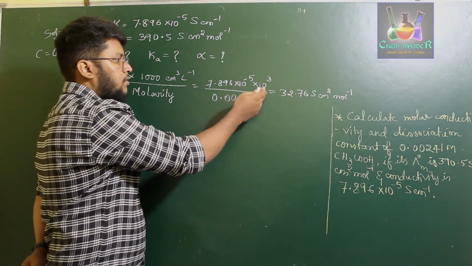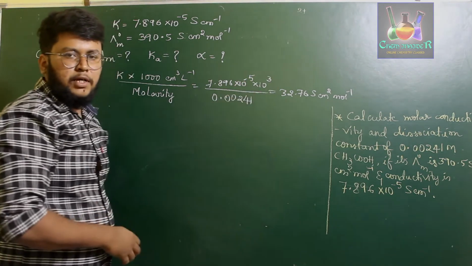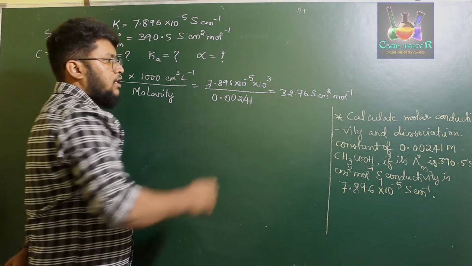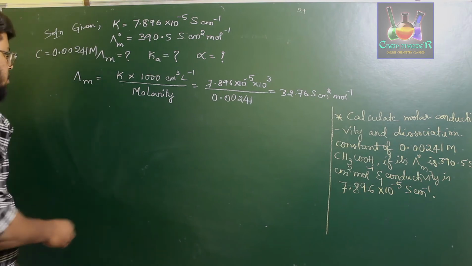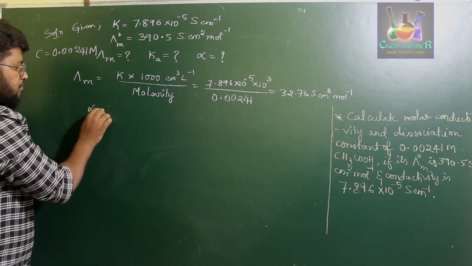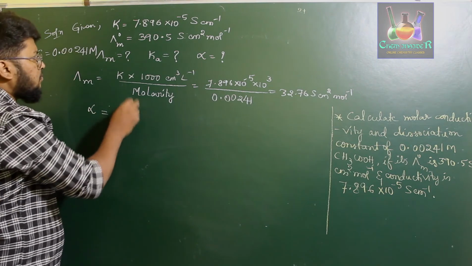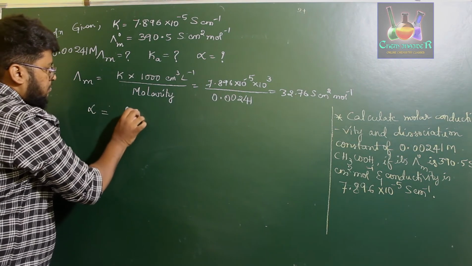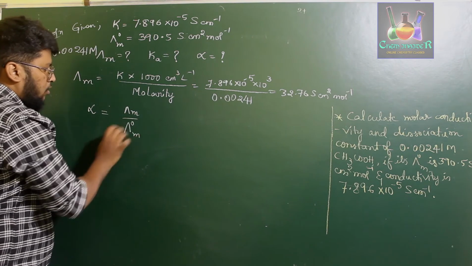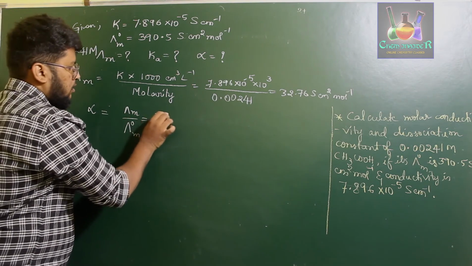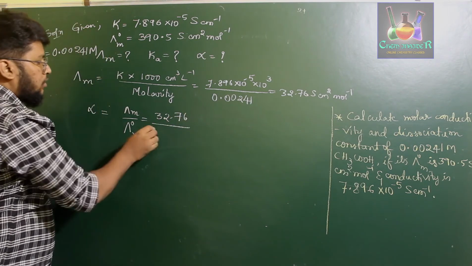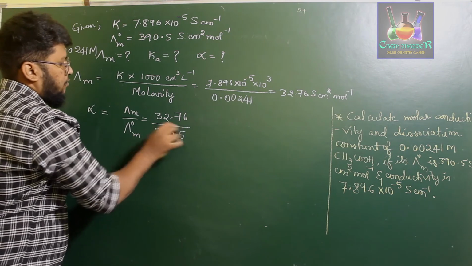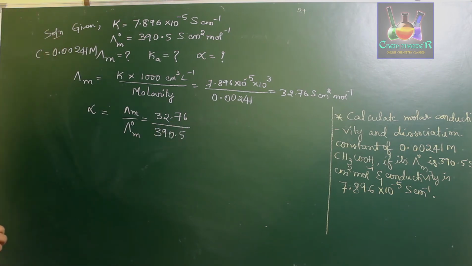So 10 power minus 5 and 10 power minus 3 and 2 becomes minus 5, which get cancelled. So the answer will be 35.76 Siemens centimeter square per mole. Next, we need to calculate the value of alpha. So alpha is equal to lambda m divided by lambda m naught, which is equal to 32.76 divided by lambda m naught, which is 390. These are the values of lambda m and lambda m naught, which on dividing you get the value